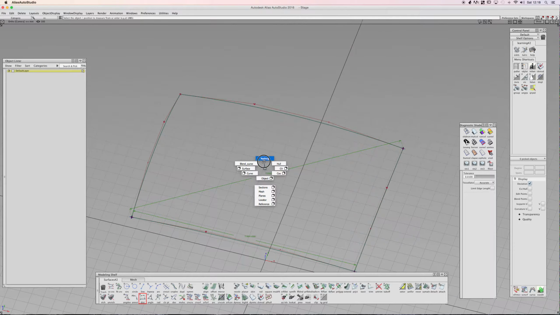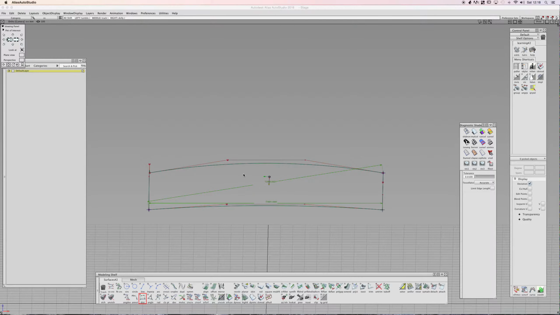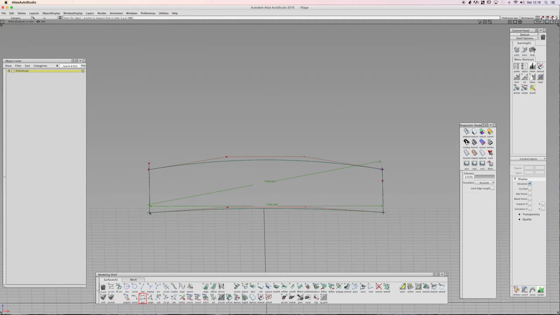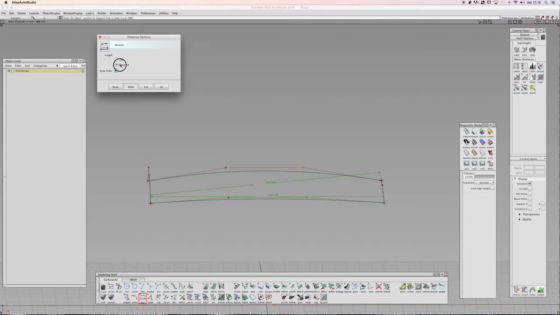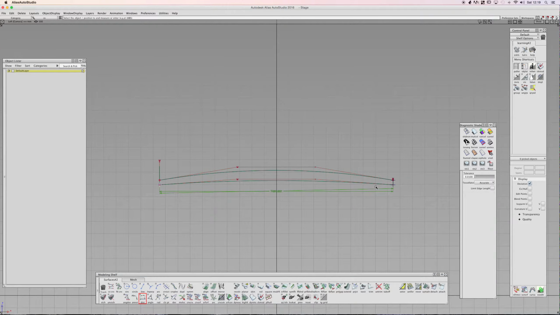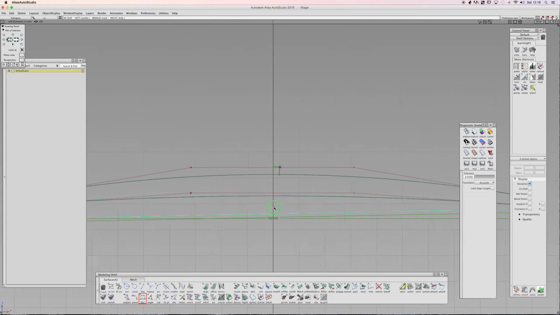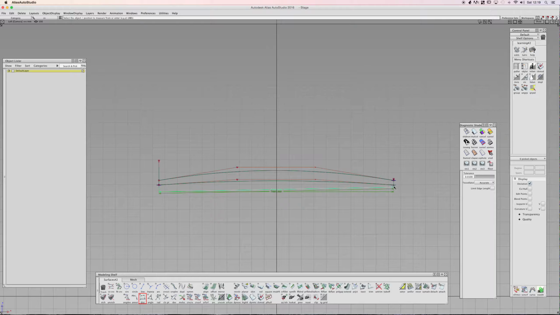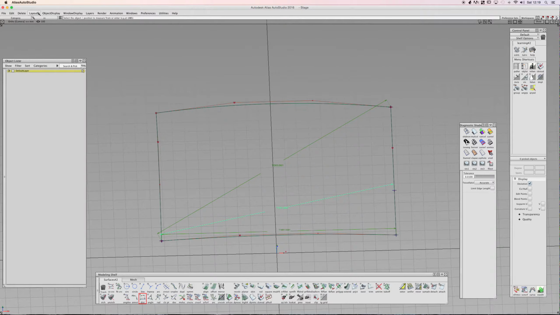Now, if you're in an orthographic view and you've accidentally picked that CV at the back, and all you wanted to know was distance from this CV to this CV, what the tool can do is, if you set it to projected view, it's like measuring in an orthographic view. So you can go from that CV to that CV, and it'll tell you it's 1891 from that point to there, but that also takes into consideration the angle, so it's obviously not straight, but that's what you can see it's done. So if I do that tool again